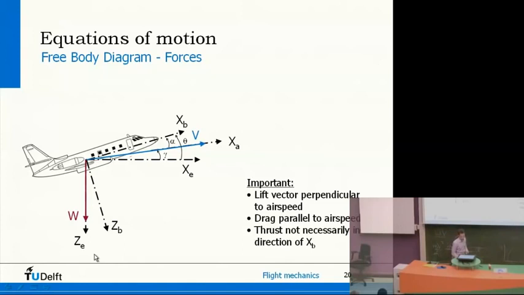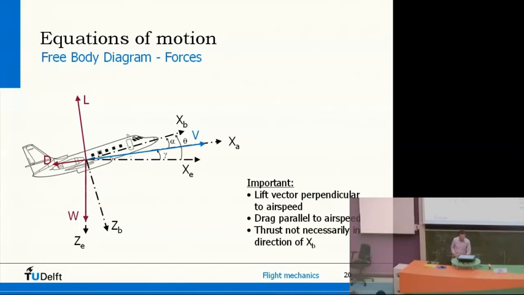Now if you have lift, you always have drag, unfortunately, and drag is by definition perpendicular to lift and in the same but opposite direction as the airspeed vector. So that's pointing backwards. And in this case, since we're climbing, the airspeed vector is at a slight angle upwards, so aerodynamic drag is actually pointing downwards a little bit.